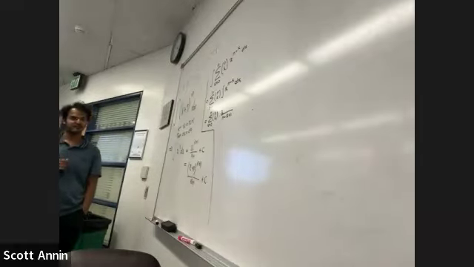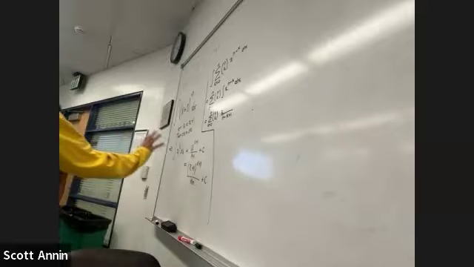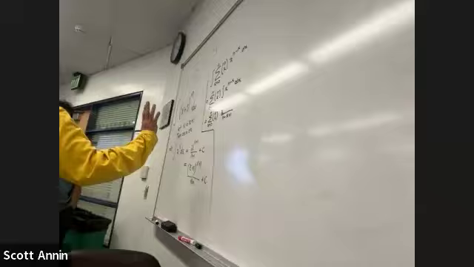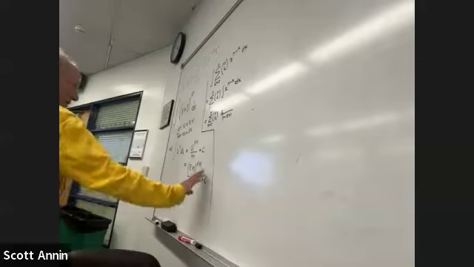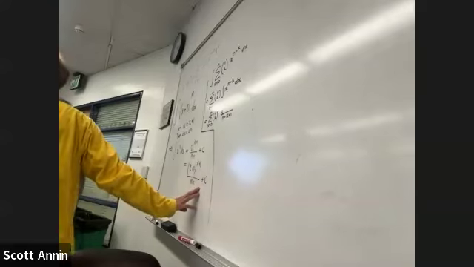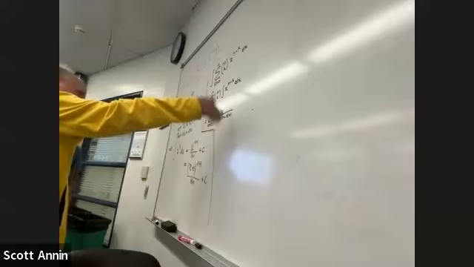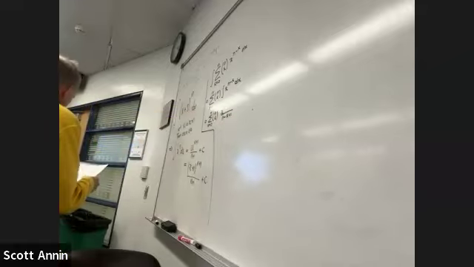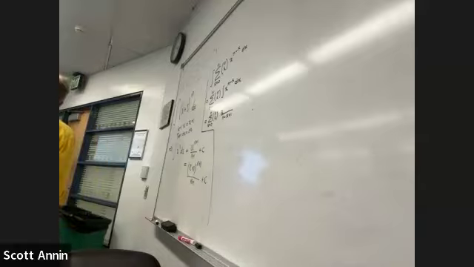Just want everyone to take turns. See if you can take it from there, and everybody jump in if you have ideas. So you've integrated both sides. You didn't put any limits of integration on either side. You might want to think about whether there may be some limits to try, because this plus C is going to be a problem. So try evaluating this from something to something, and at the same time evaluating this from something to something. You can look at what you're aiming to get to help you decide.